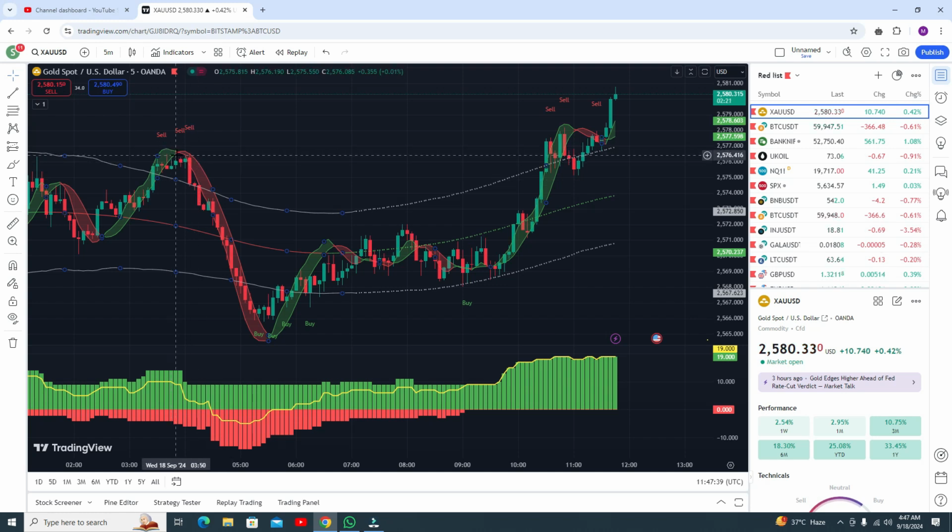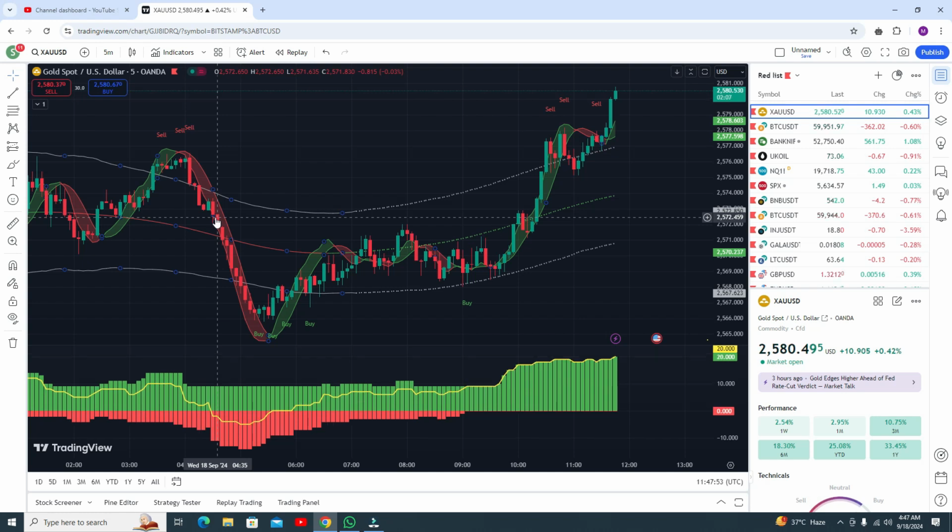So this is your oversold condition, but you have to watch the volume. At the volume you can see the yellow line come below from at this point. So you have to go for the sell trade. If you need, you can go for the sell trade, but it's not recommended.